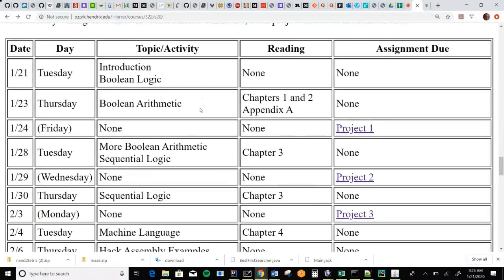On Thursday, what we're going to do is start thinking about, once we've got all this stuff, how do we do math? And I think you're going to find this to be really interesting. The idea that we can take these basic AND/OR ideas and turn them into circuits that actually do arithmetic.